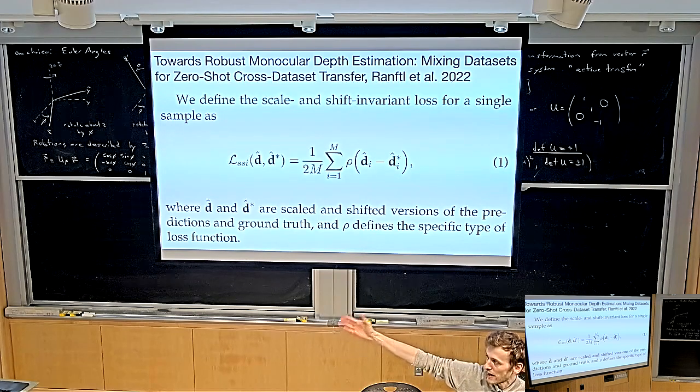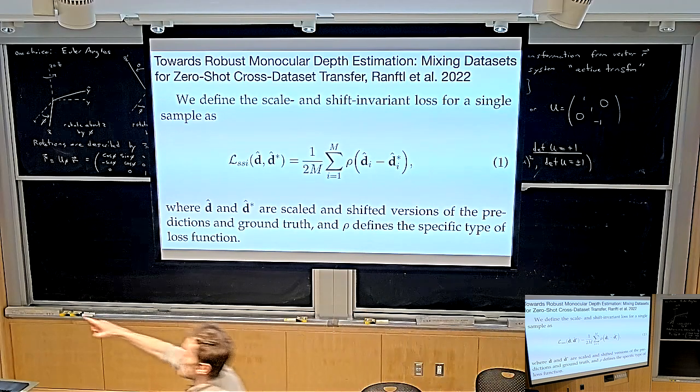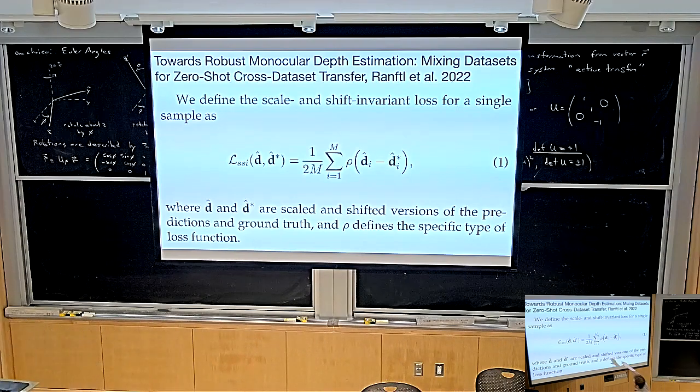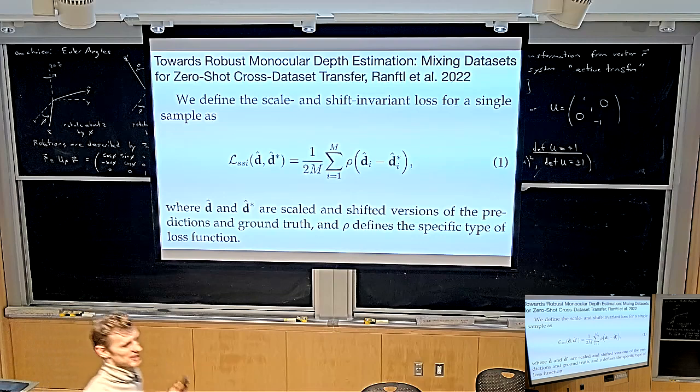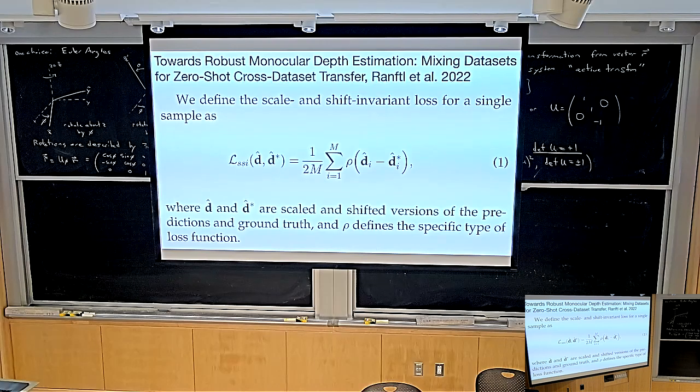Like we have the prediction of the network. So di hat is literally the output of your neural network. So your neural network predicts a disparity map. So for every pixel, it predicts how much disparity you would have if you were to place another camera close to it. Okay, so that's the output of your network. And now we need to make the loss invariant to the scale and the shift. Because for all of these real-world data sets, you don't know the scale and the shift of the depth maps because they're all computed with different sensors. Sometimes they're not even from sensors, but from structure from motion. So people took videos and then they used structure from motion to get the depth maps. Okay, so that's the motivation. So questions?